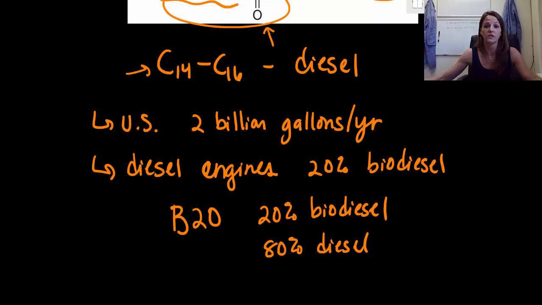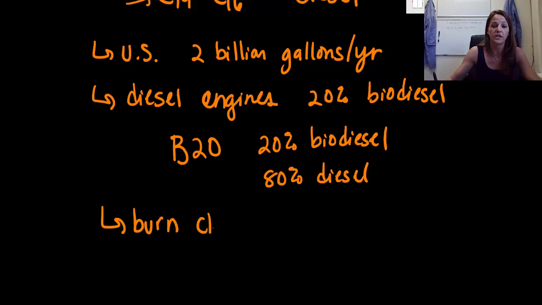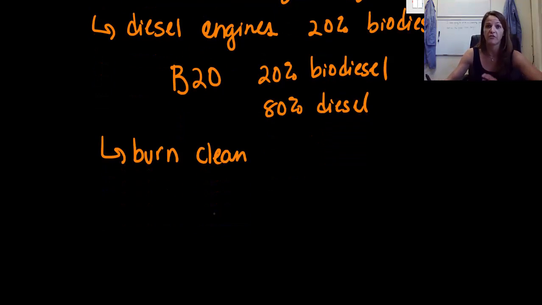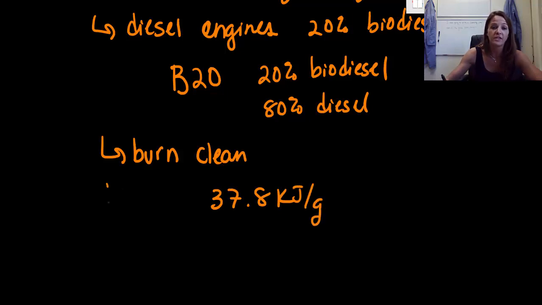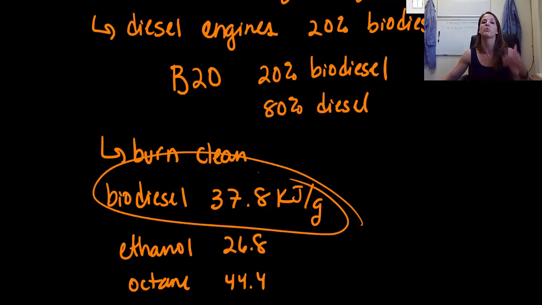All right, so now one more thing I want to talk about. Because these have oxygen, these are considered an oxygenated fuel. So they burn cleanly, which is a big part. What is nice about this is that they also release a lot more energy than the other biofuel counterparts. So when you burn 1 gram of biodiesel, you actually release 37.8 kilojoules of energy per gram. So just to put that into reference, remember that we just said our ethanol was down at 26.8, whereas our octane was at 44.4. So biodiesel is definitely releasing a lot more energy per gram combustion.